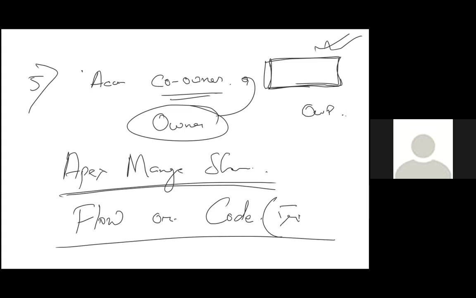Code means trigger. What is flow? We'll discuss later. So with automation, we have to write some logic to do sharing. This is logic driven sharing, logic based sharing. When logic based sharing is required, then Apex managed sharing. Then we have to write some code or a flow. Flow is also a way in which you don't have to write code, but still you can put some logic. Flow we will cover later. Don't worry about it. A little advanced topic.